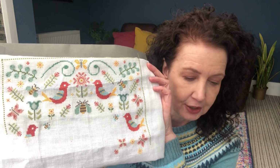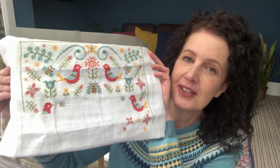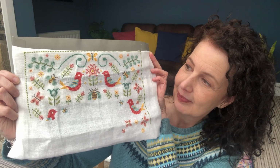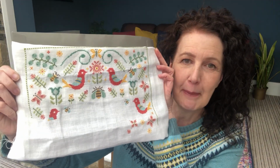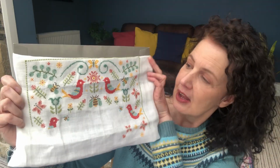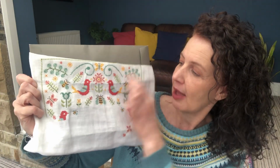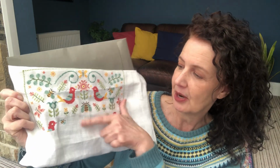So this one has taken 25 hours, 35 minutes so far to stitch. And I think because it's quite gappy, it's a really quick stitch. The hardest bit, I think, is trying to count from a motif to a motif, especially when you start leaving